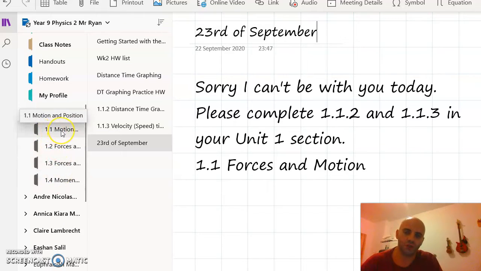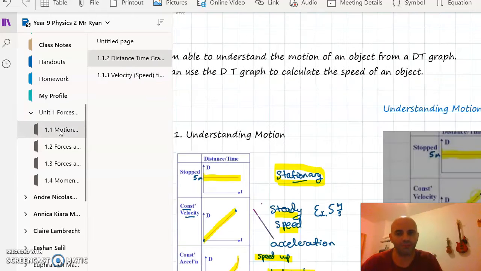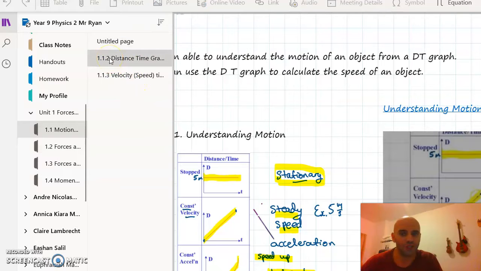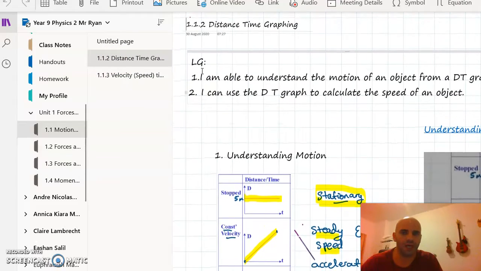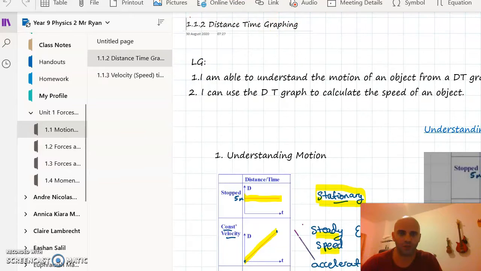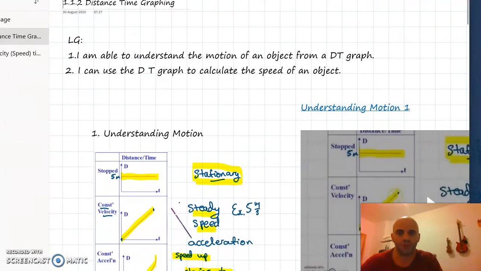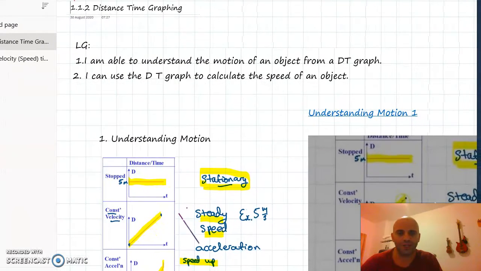So the first one is 1.1 motion and position. If you click on that one, then you will see in here there are 2 pages that you need to do, okay? The first one is called 1.1.2, and that one is about distance time graphing. Let me show you how this works. So basically what I did was